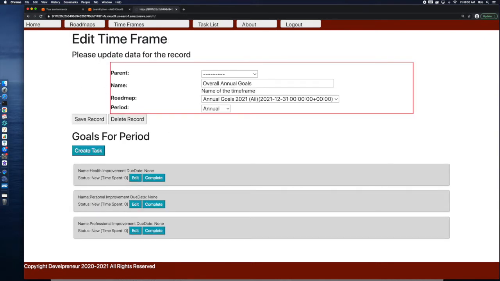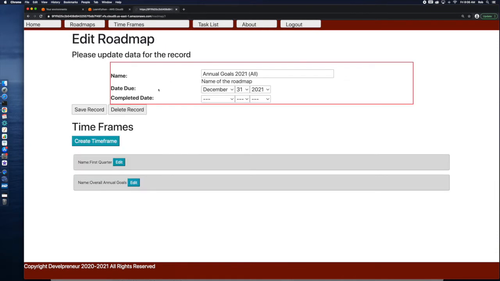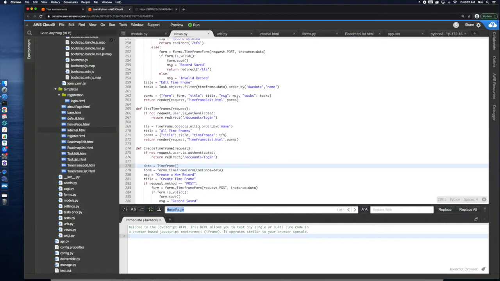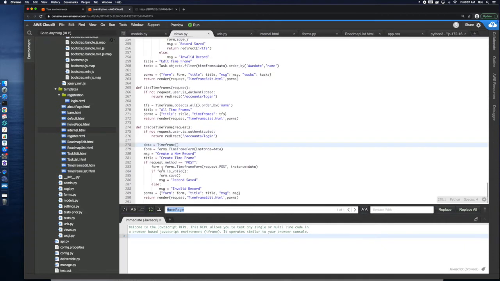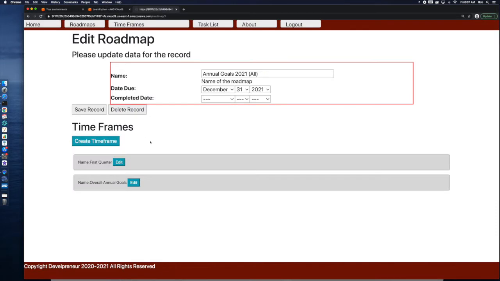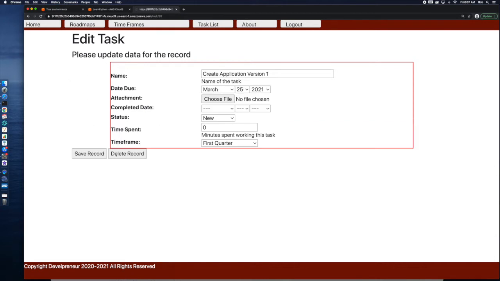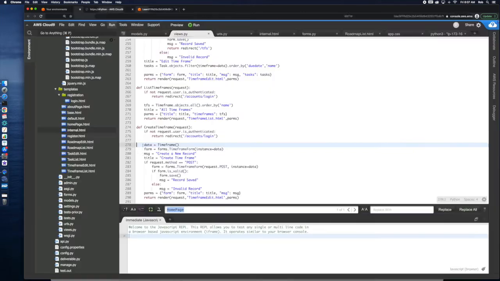And so now let's go back to within roadmaps. When I do edit a roadmap, let's adjust this so that it goes by parent first, so that you go under your parent. So if I go to my view, where's my view? There's my view. Actually, first, my mistake. What we want to do is, when we do first quarter, within this editing of tasks, I want to be able to go back to the quarter that we're working with. So we want to go back to this time frame. So that's easy enough to do.